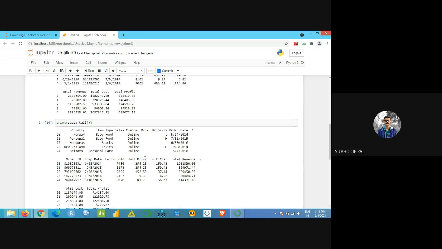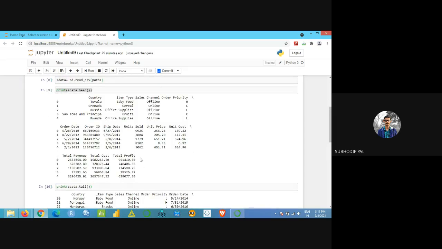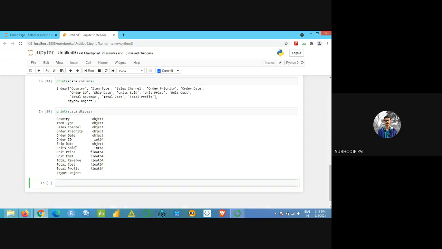How can I tell what integer means? A particular value, right? This order ID is integer, so there is no fraction involved here. And this units sold is also integer type.